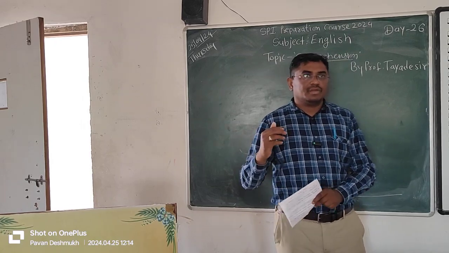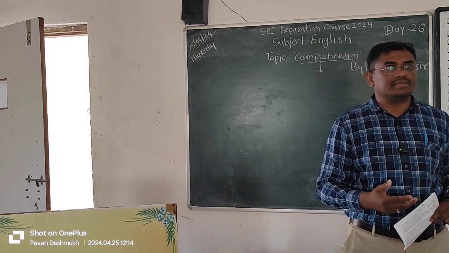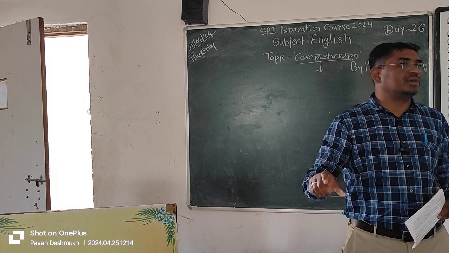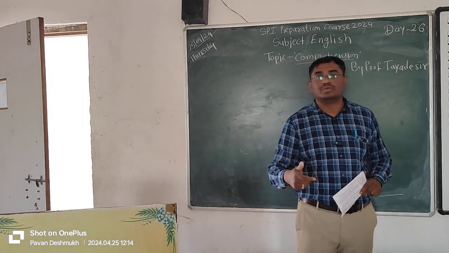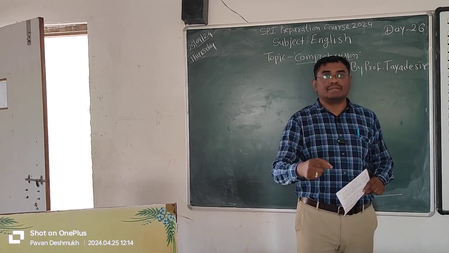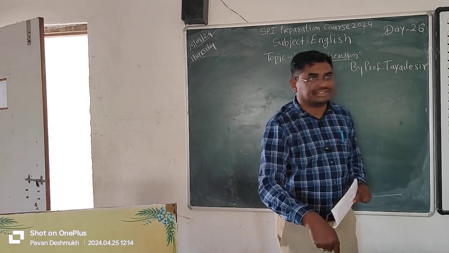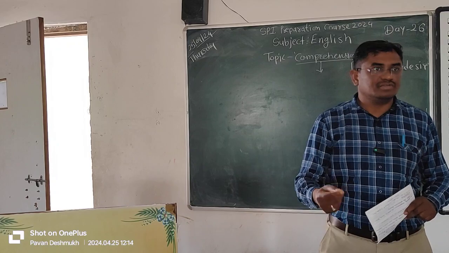Okay. So how do we try to solve that question? In a seen passage, we read out the question. Firstly, we read out the paragraph. Then we try to get the meaning. And then what do we do? We try to get the answer to the question from the passage. How? May I tell you something else?